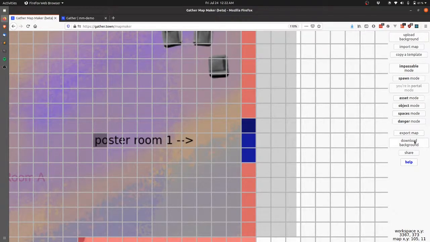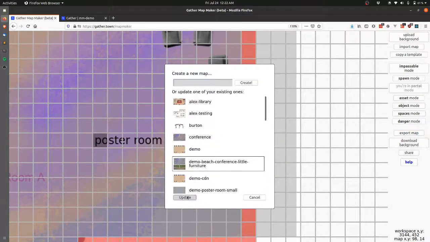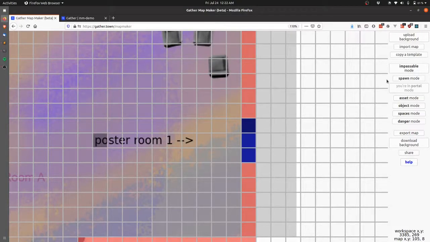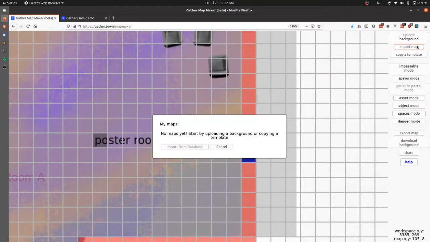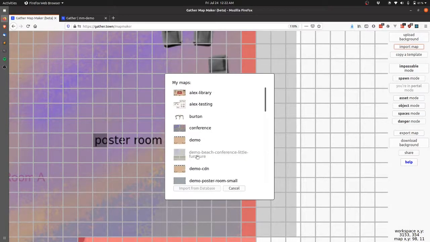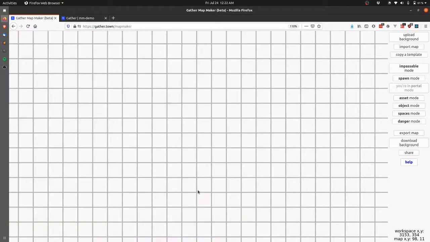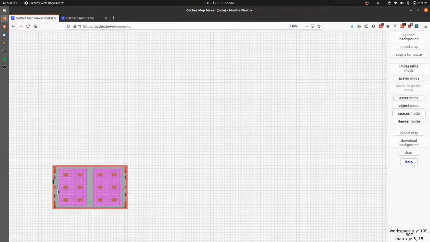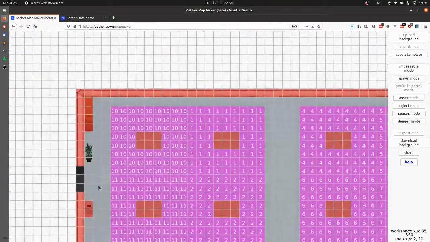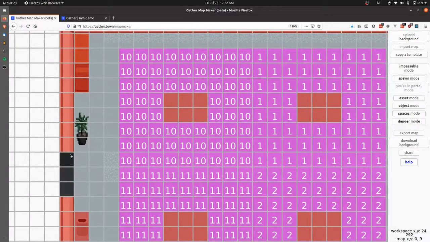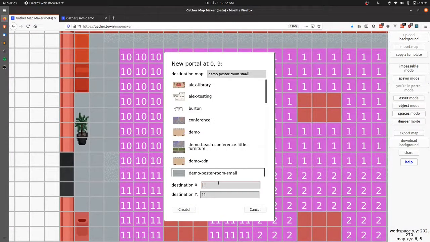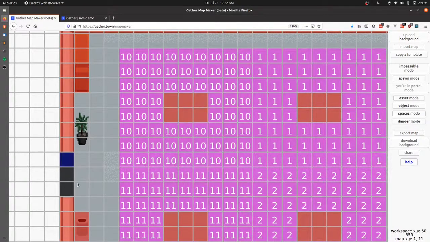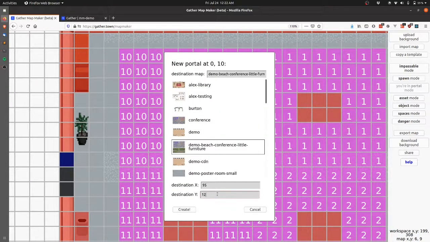So 95.11, we're going to export this map to save it, and then jump over to our poster session again. 95.11. Okay, so here we are. Let's go back and edit our portal right here. So we'll drop a portal there. What did I say? 95.11. And this we want to go to Demo Beach Conference Little Furniture. All right. So we got one portal, 95.12,